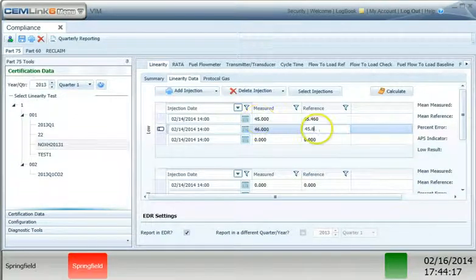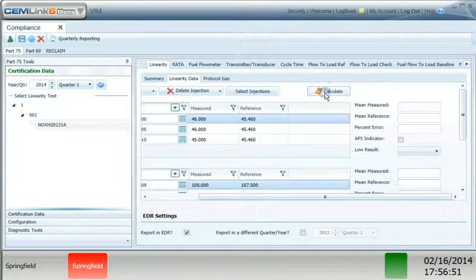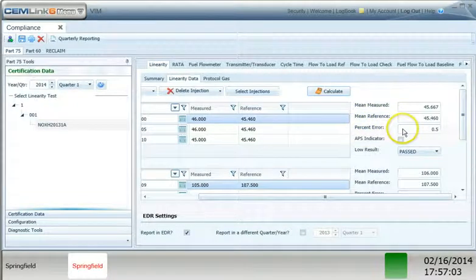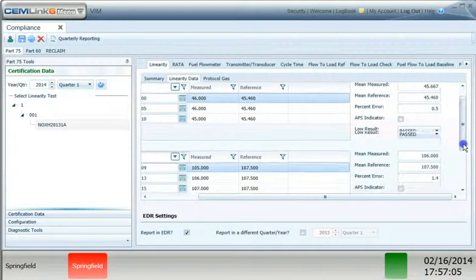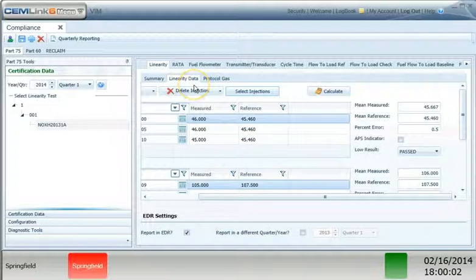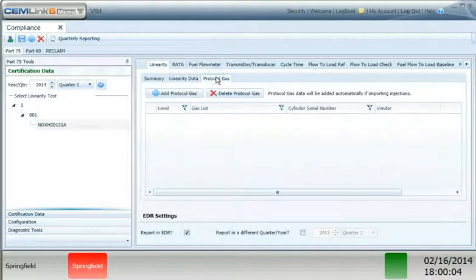Once the runs are populated, fill out the remaining injection information. Click the Calculate button to show the results. The system will automatically populate the low, mid, or high results based on the percent error and use the alternate performance specification if needed. Moving on to the Protocol Gas tab, click the Add Protocol Gas button and add each